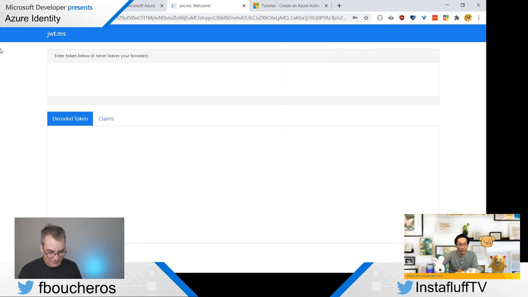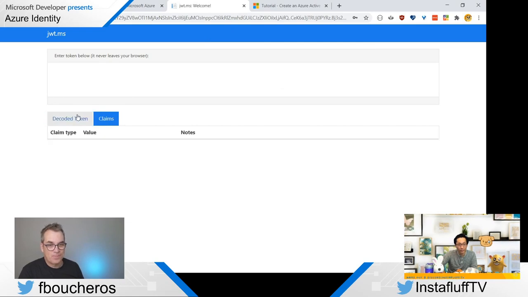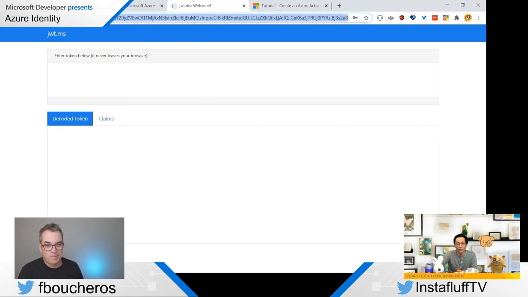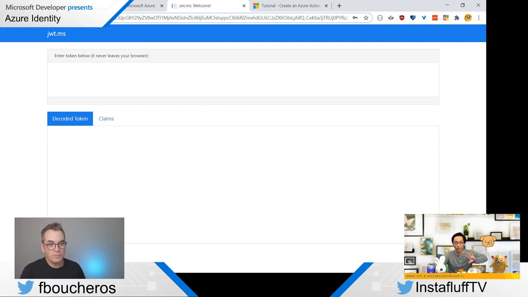And then the token below, and it has the stuff, and you can look at the claims and decode the token. This is basically where your website would be. Instead of the jwt.ms page, you could put in something else, and then it would be your custom web page or website, and now you're logged in. This is the entire token here up top.